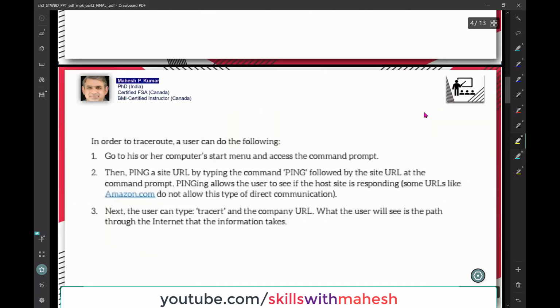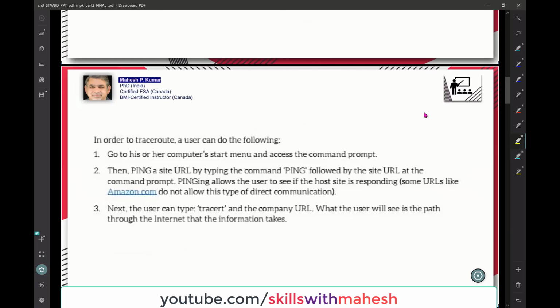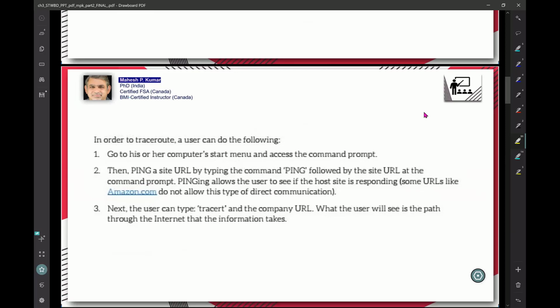And these are the steps to know how information is traveling from one computer to another computer. We can't see how it is intercepted by a hacker, but we can definitely see where it can be intercepted by an intruder or perpetrator. Now we will actually do this process. I have planned that we practically do this ping and trace route commands, and let me shift the screen so that we can see it. So this is how it works, right?